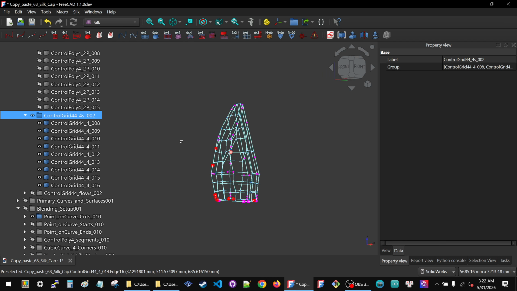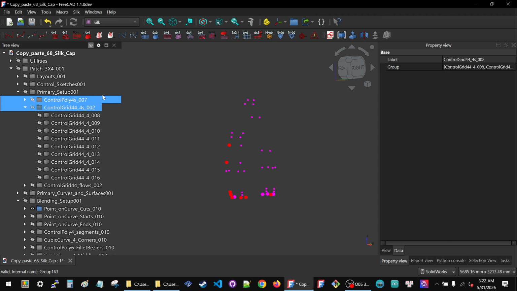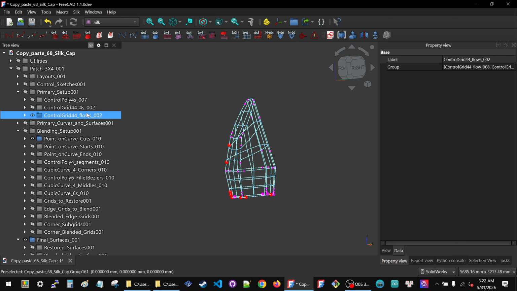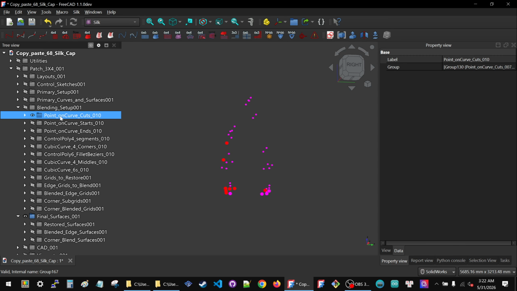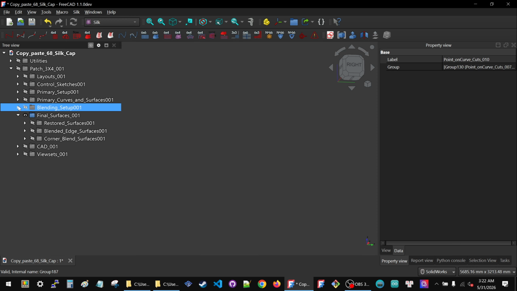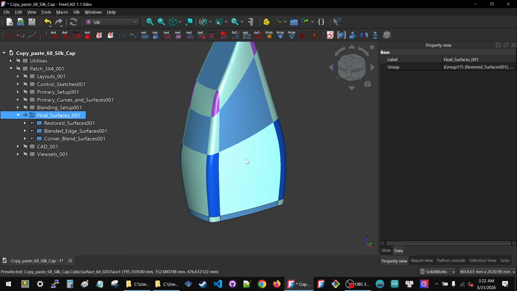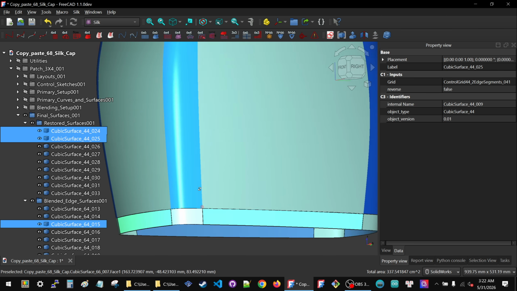I show all my standard grids. I hide all my standard grids. I didn't create any new control polys for what we did. And here are all my flow grids. All the standard grids with very hard corners, and all the flow grids. I didn't create any new points on curves. Everything fit into here. Before I save the file here,